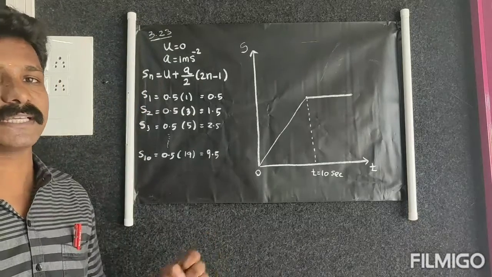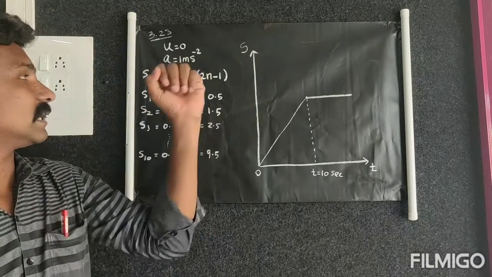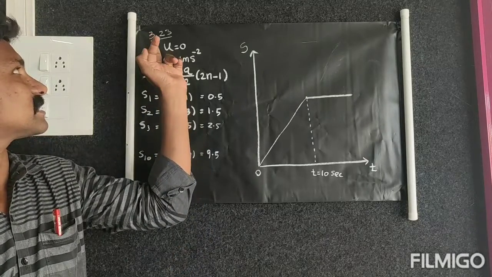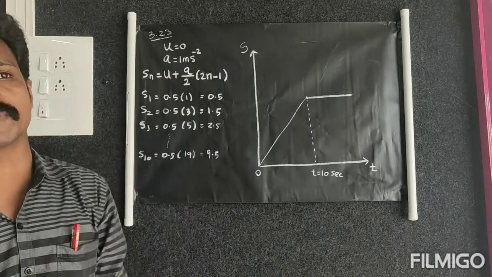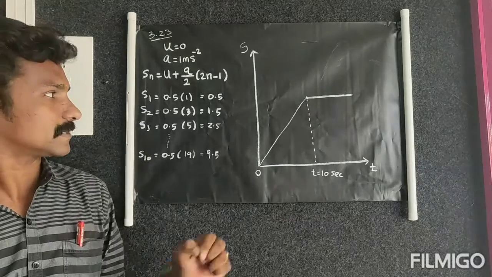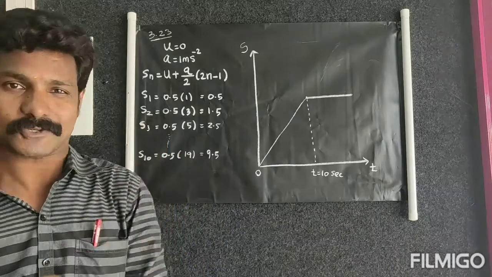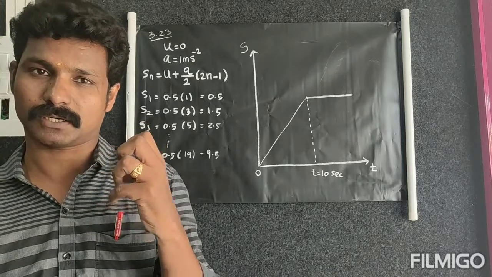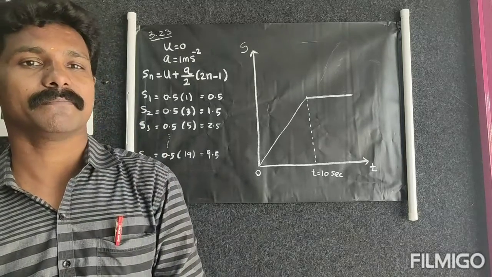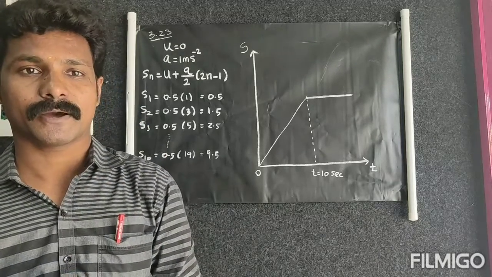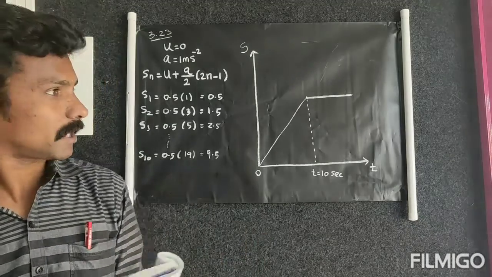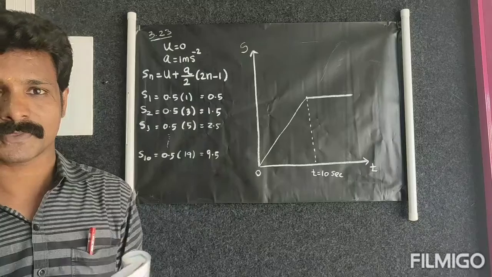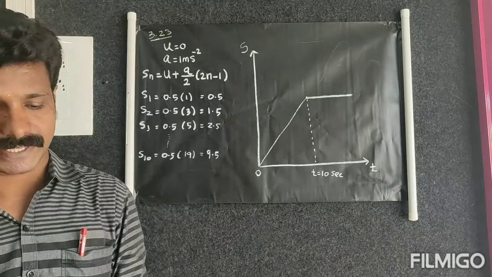Dear students, see the next question from 11th standard Motion in a Straight Line chapter, NCERT exercise problem number 3.23. It's one interesting question. Now you are going to draw a graphical diagram based on the given situation. I didn't write the question, so I'll read it now. Please observe the question.